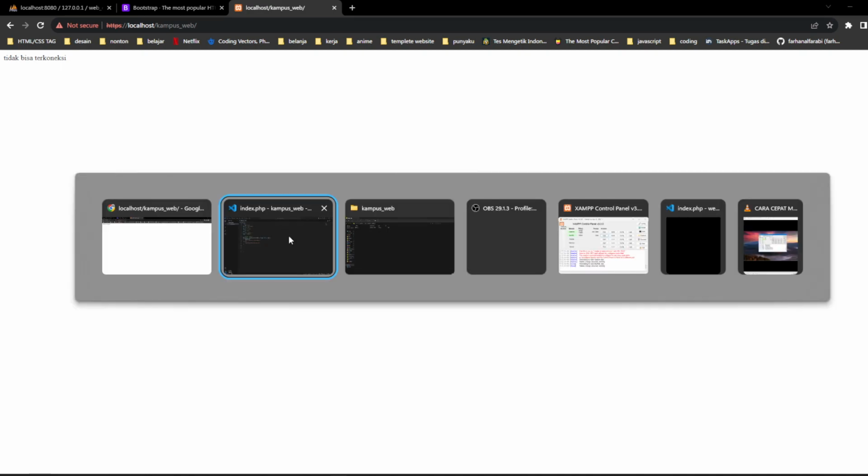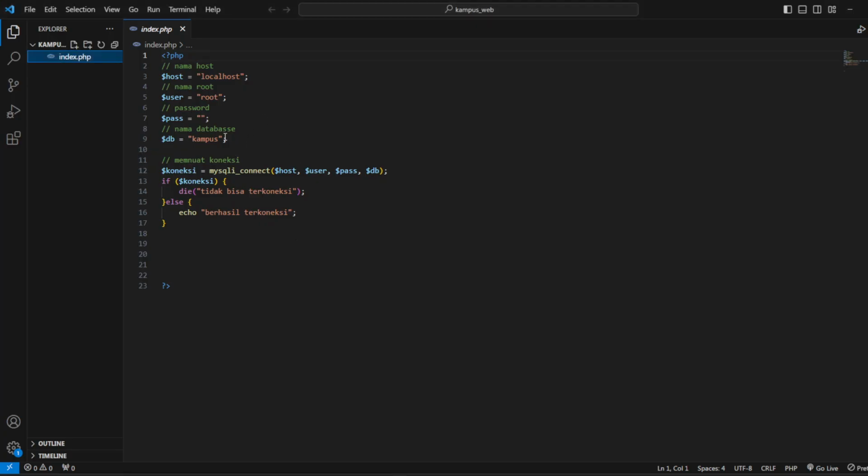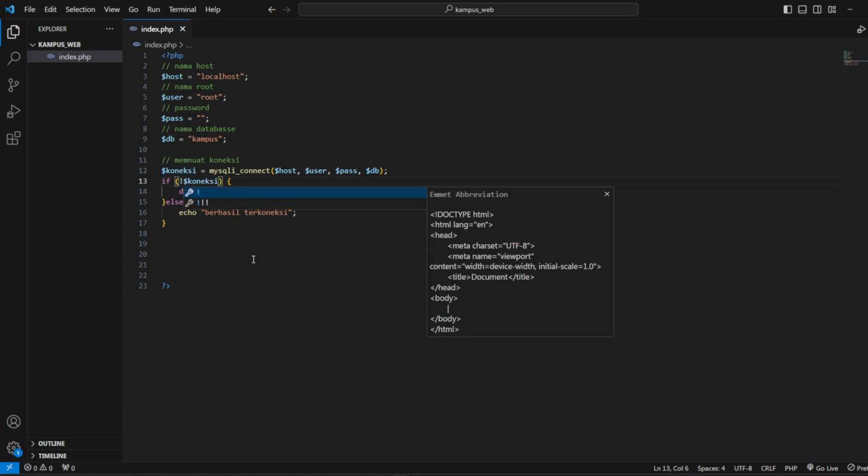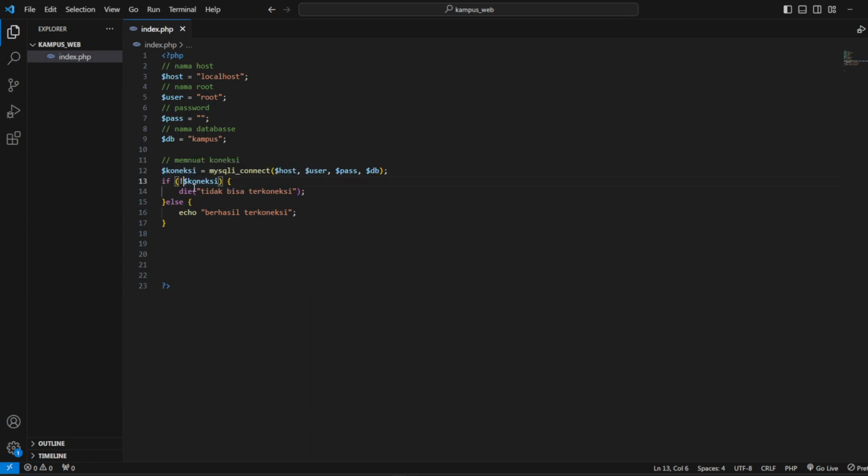You can look at this, tidak bisa terkoneksi. Wait, so maybe we have a mistake. If koneksi die, tidak bisa. Oh, I made a mistake. You can give it the name seru like this.